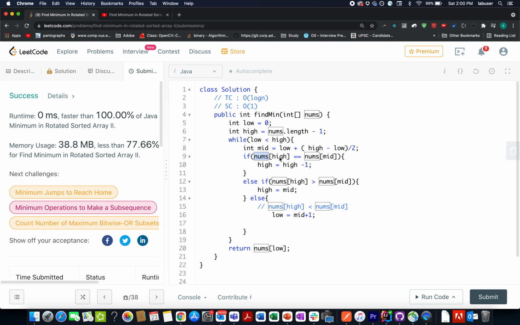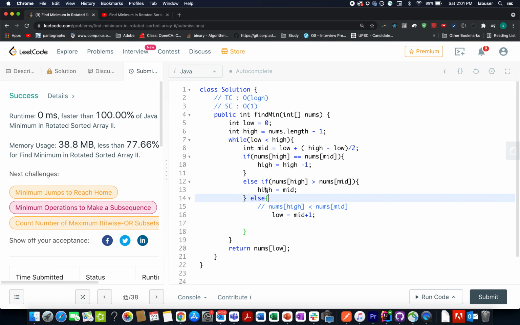In case nums of high turns out to be equal to nums of mid, that's an equality case between the middle number and the high number. What do we do? We simply reduce high by 1. Otherwise, we check if nums at the higher index is greater than nums at the middle index. In such cases, we simply disregard the right part of the middle segment.